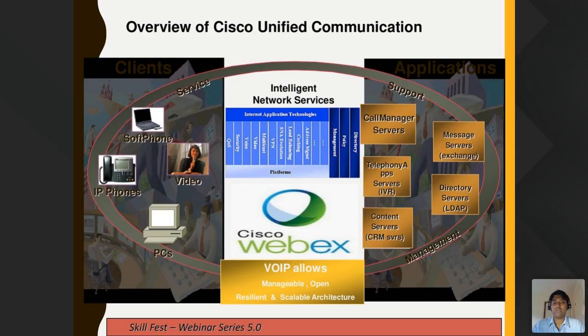It's kind of a virtual room. All the 50 guys can join together in a single WebEx call, and can talk face to face with video or without video. So you need to have a WebEx server for that. So who installs it? A guy like us. You go ahead and install the WebEx server and integrate that WebEx with Call Manager, so that you can understand the presence of the person.